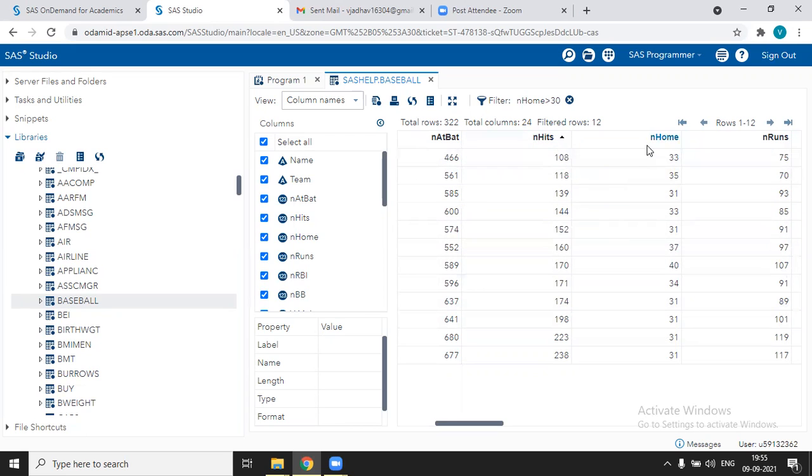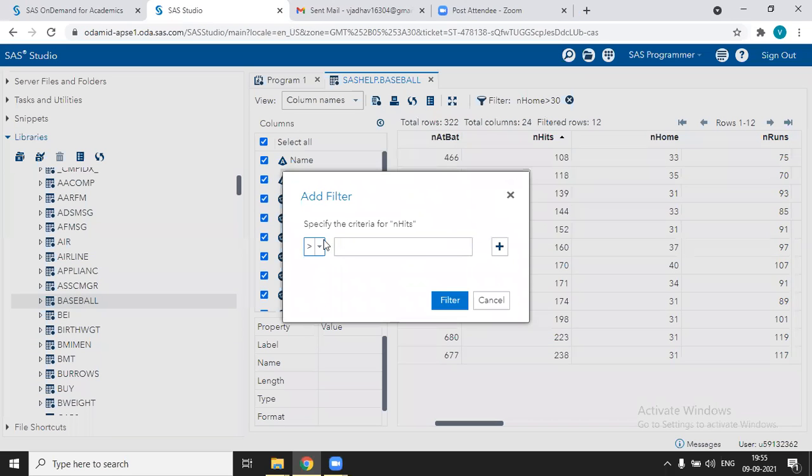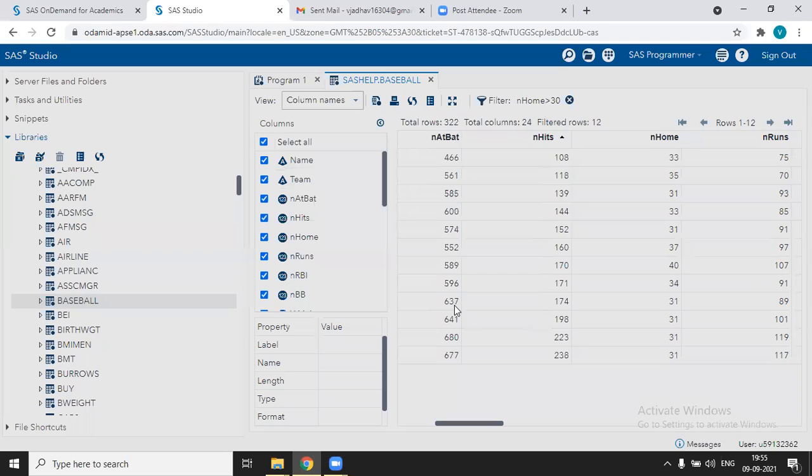So what we have to do, we have first done n home greater than 30, and from this small dataset, I want just the values in which n hits is greater than 200. So again, in the n hits column, right click, add filter, greater than, and in the value section you have to assign 200 and then filter.